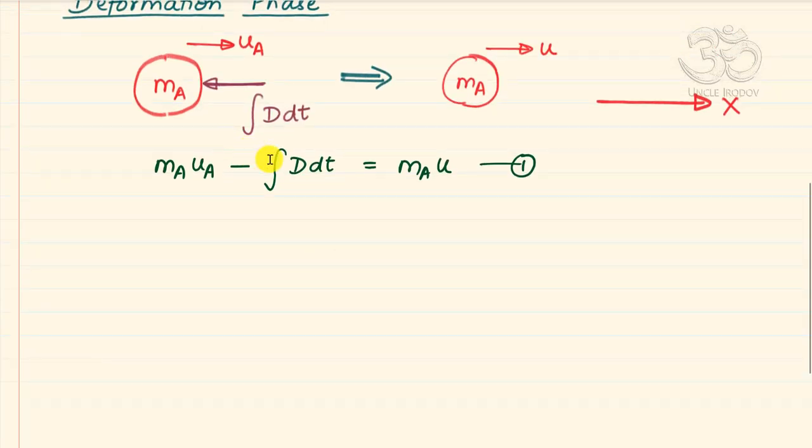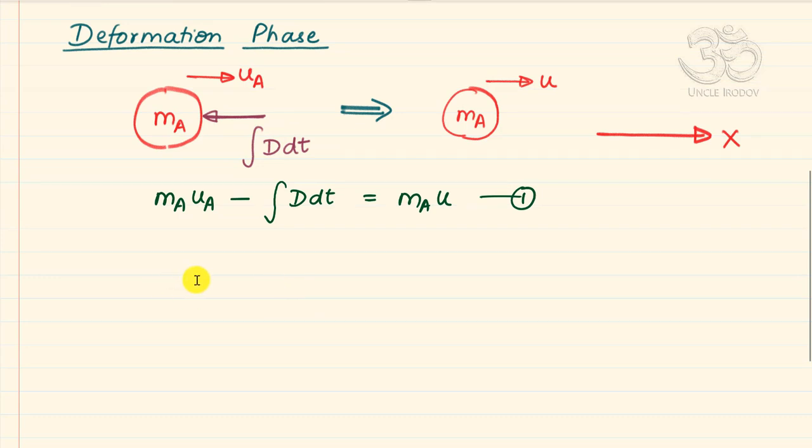Now what happens in this same time to object B? So let's say there is an object B of mass mb that was initially traveling in the plus x-axis direction with a velocity ub, and it starts experiencing a force because of object A that was ramming it from behind. Now the force that object A will exert on object B will always be equal to the force that B exerts on A, and we have assumed it to be D, the deforming force. So the impulse acting on B will be in the forward direction, and it will be equal to integral of